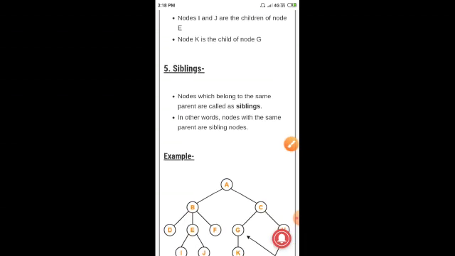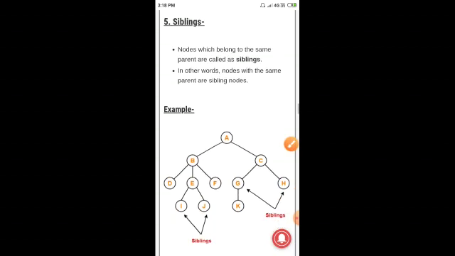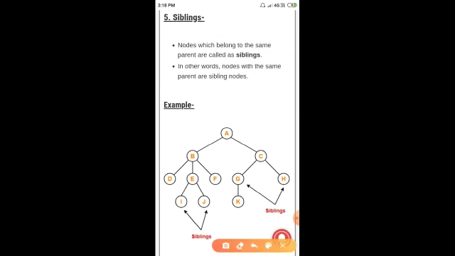Next one, what are siblings? The nodes which belong to the same parent are called siblings. Here D, E, F belong to parent B, so D, E, F are siblings.